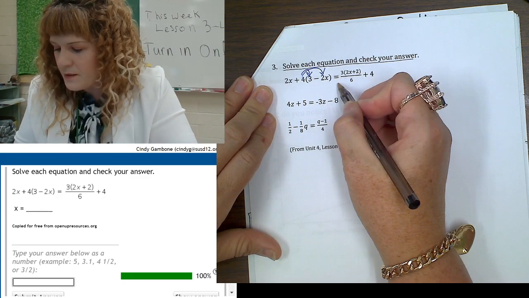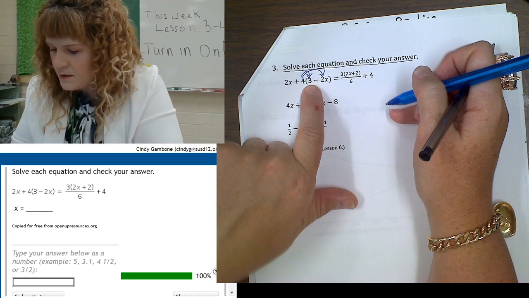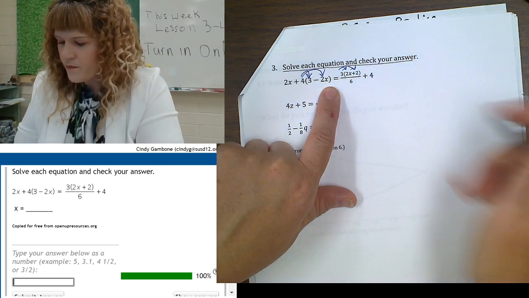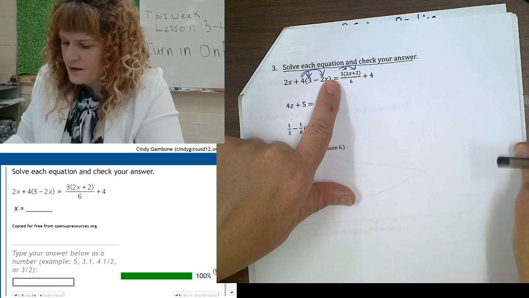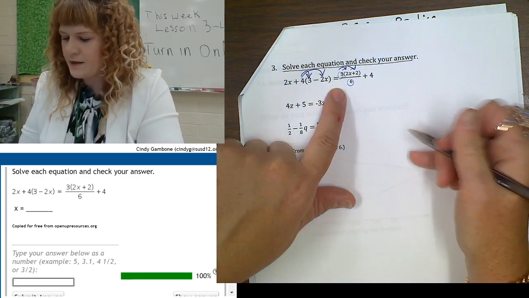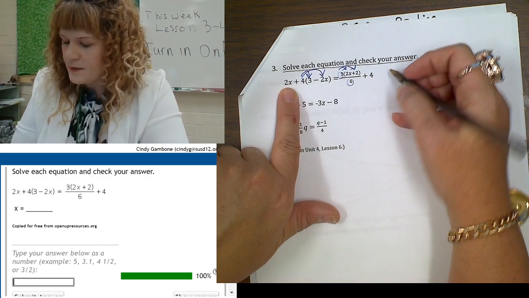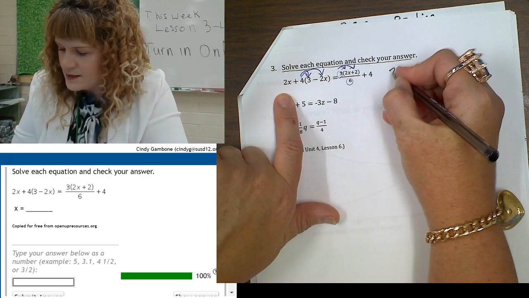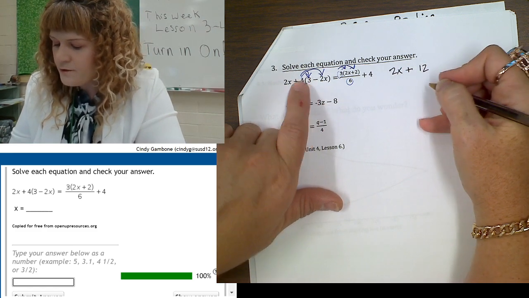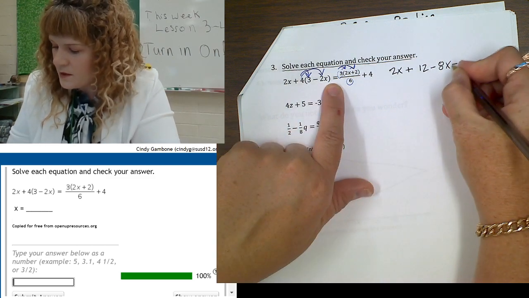Okay, eliminate the parentheses. We have parentheses here and here. And I noticed that there's a 3 divided by 6. That's the same as 1/2. So I'm going to rearrange this, or eliminate parentheses anyway. I get 2x, that stays the same, plus 4 times 3 is 12. 4 times negative 2 is negative 8x equals,